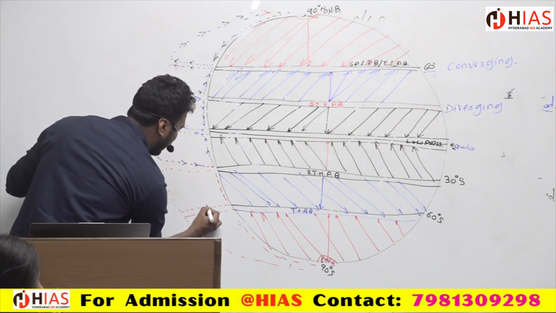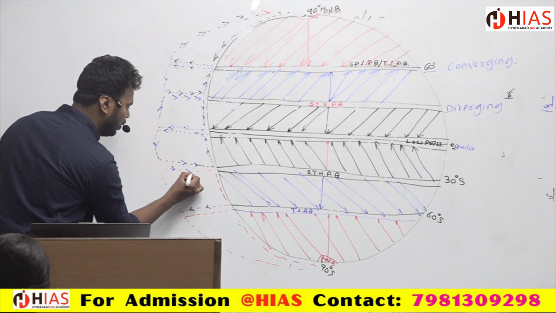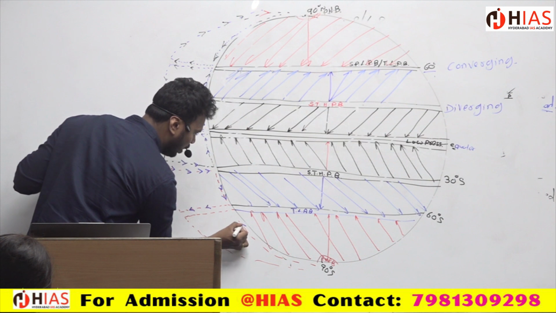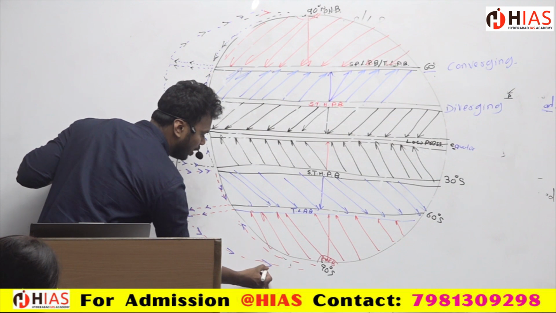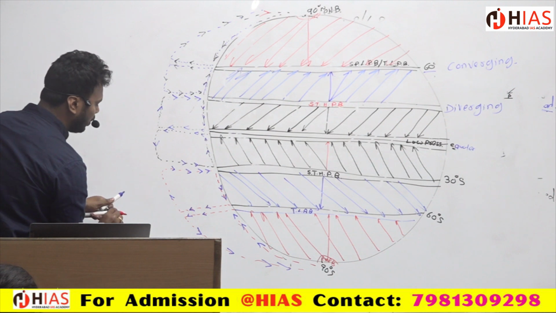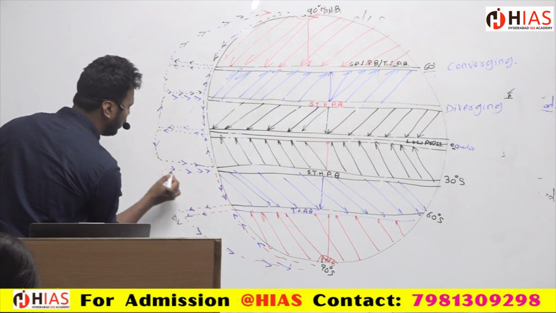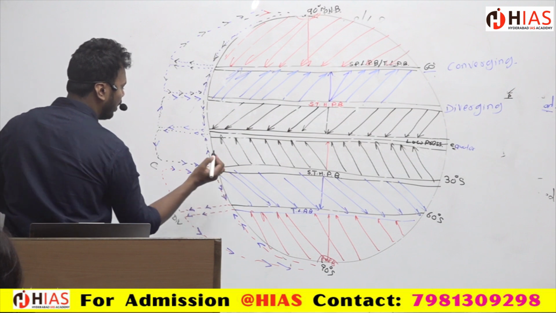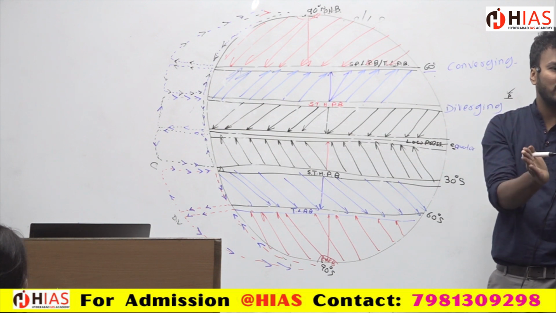So we need to give directions. Likewise, they are traveling. So diverging, diverging, diverging. Here they are converging. Here rising, rising, rising. They are going in this manner, again coming here, and they are converging here. So that means this place they are diverging, and this place they are converging. Here they are converging, and here they are diverging. One way they are diverging, one way they are converging. Converging, diverging, converging, diverging.